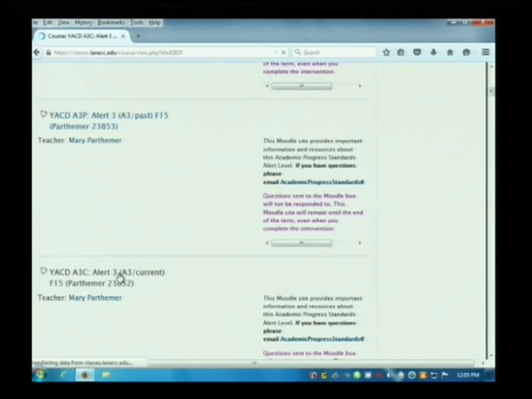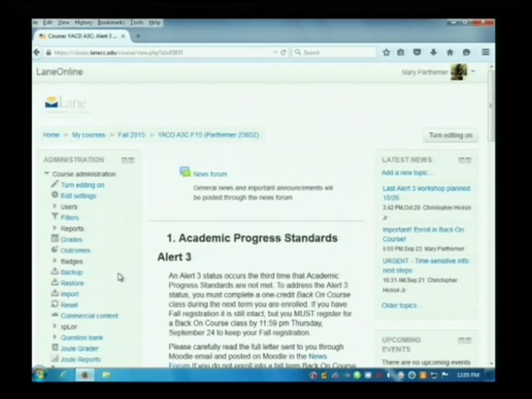If you can't find a Moodle course on your Moodle page, it may be because your record has been inactivated. And that would happen if you have been out of school for more than 4 terms. If that happens, you need to go on My Lane. When can I register? It would say your record's inactivated and there's a place to click there and activate it. That would bring your Moodle classes back in about a day. It takes overnight for that to happen.